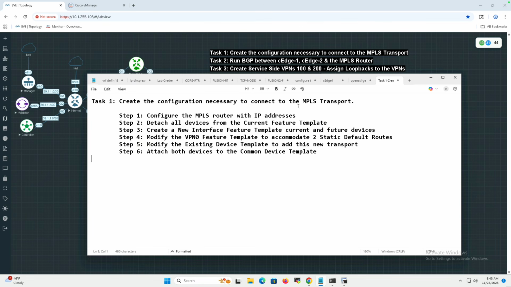Now, my first problem is the MPLS transport router is blank. So what we're going to want to do first is configure the MPLS router with IP addresses. Now, I'm going to modify my